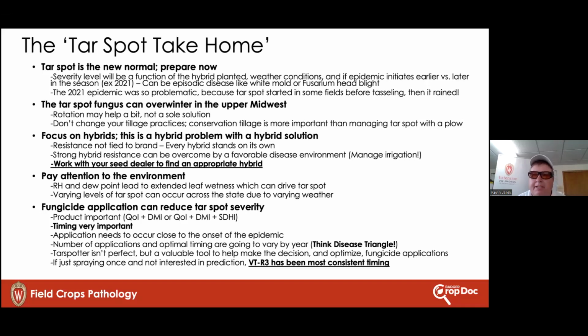Damon, Kevin Jarek out of Winnebago. Sorry, I joined late. Given the variable emergence events we have in these cornfields right now, I can take you to cornfields that are A plus, perfect white picket fence, and then we've got fields where seed sat in the ground for 4 weeks, then emerged. Then we've got seed that's now emerging for a third time after this most recent rain. When it comes to the timing of BT to R3, if they had to pick the majority of the field and just go based on what the best maturity is, knowing that we'll have variability throughout, what would be your thoughts or recommendations there?